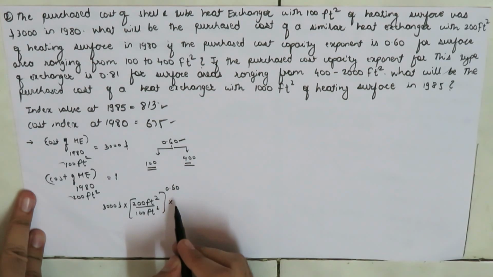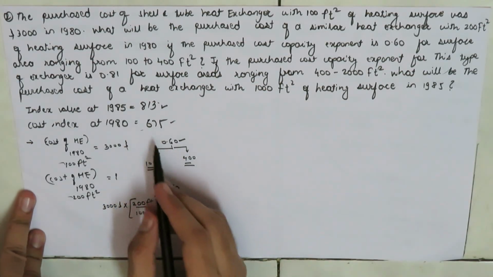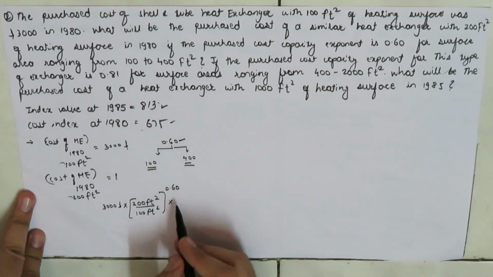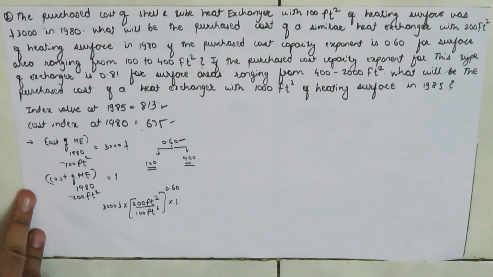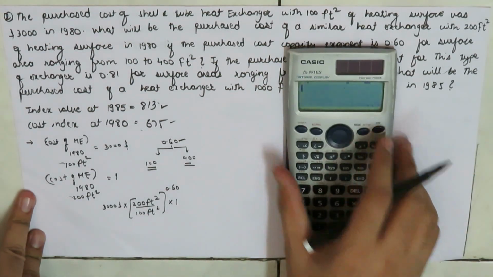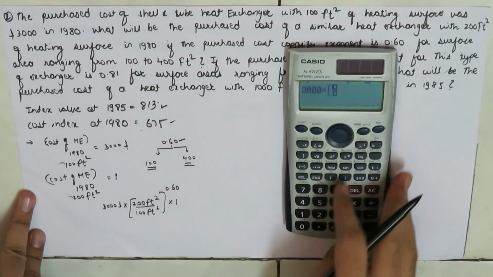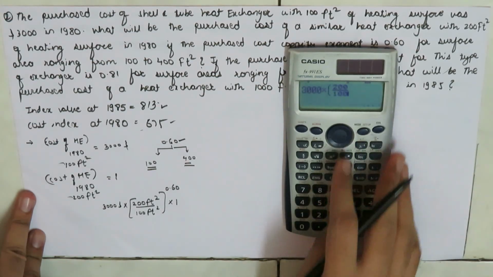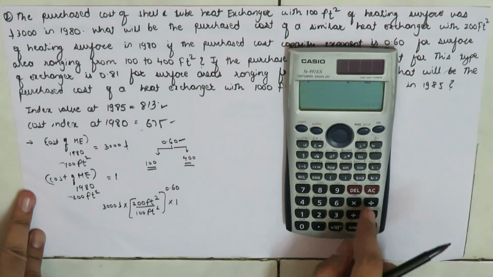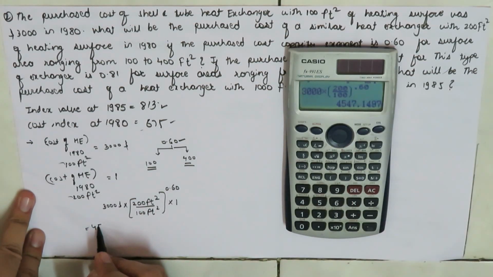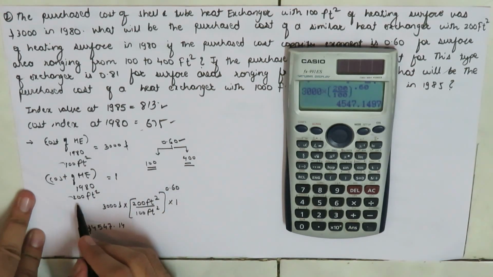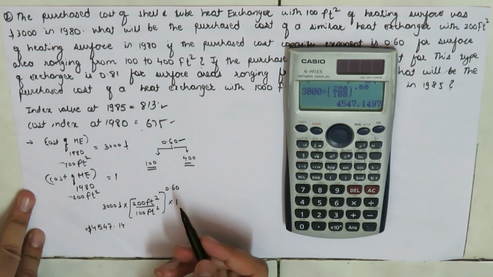And do we need an index value for the same year? If we need an index value for the same year, they are going to cancel out, so 675 over 675 is unity, so we take it as 1. So let me take out my calculator. This is 3000 multiplied by 200 feet square divided by 100 feet square to the power 0.60, which is $4547.14. So the cost of the heat exchanger in the year 1980, whose surface area is 200 feet square, is